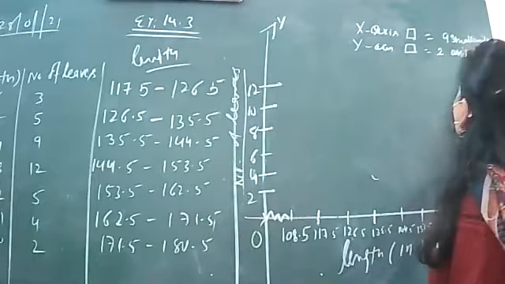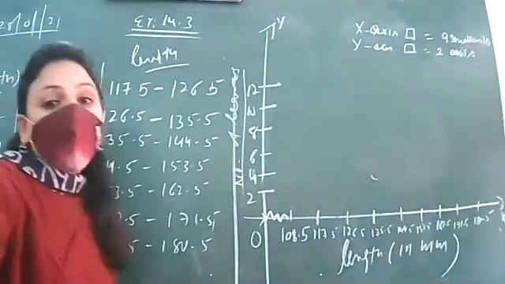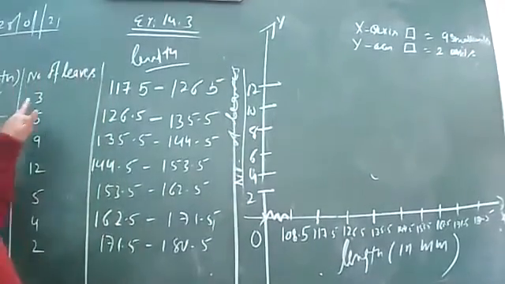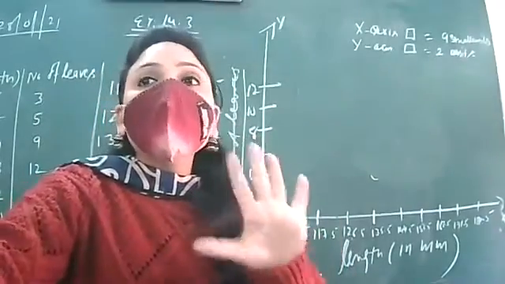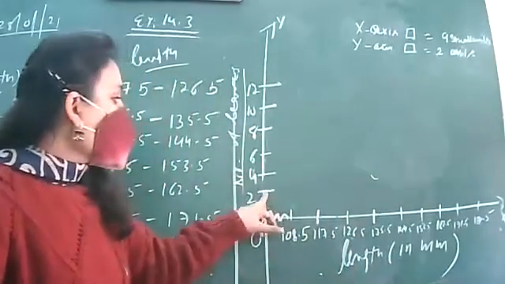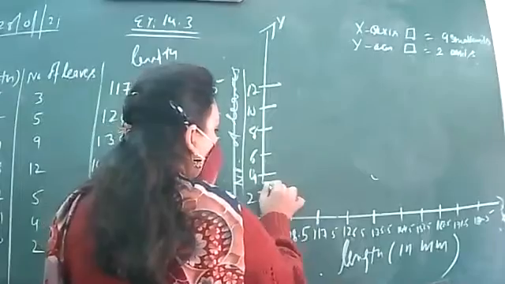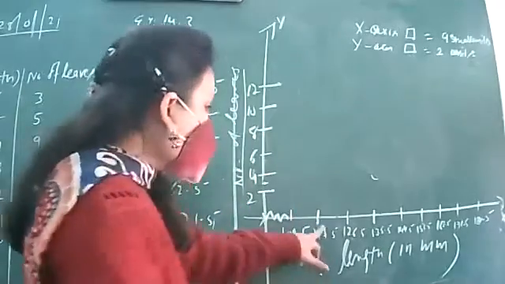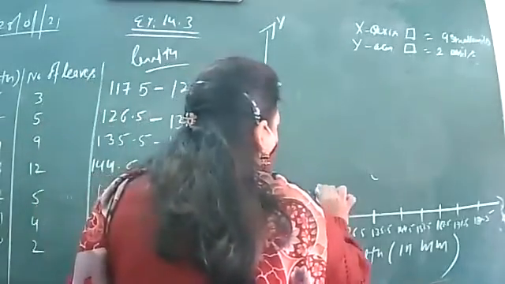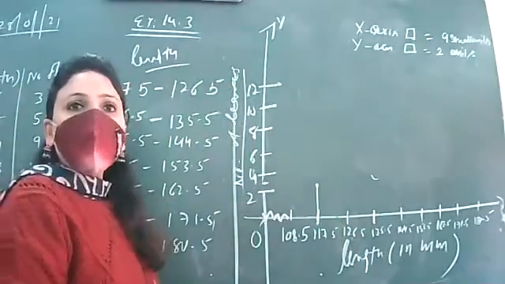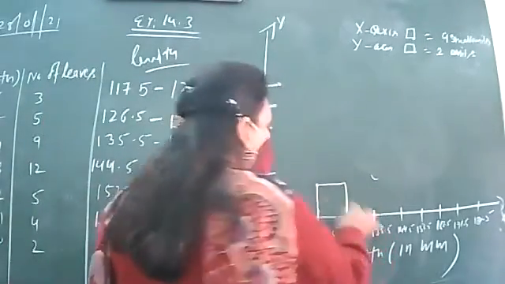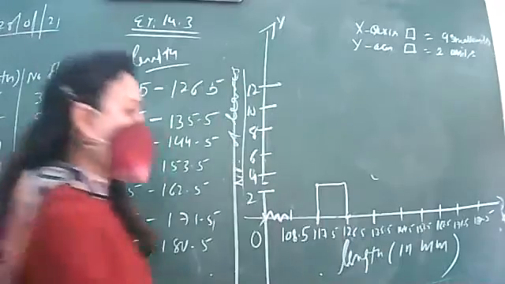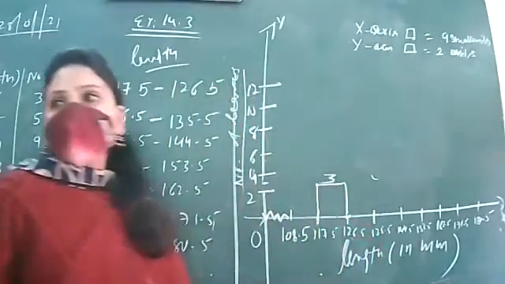First hour interval is 117.5 to 126.5 and it is associated with which number? 3. अब आपने अगर 2 का gap लिया है, इसका मतलब 5 lines count करने के बाद आपके पास 3 आएगा. After 2 you count the 5 lines, you get 3. यहाँ पे 3 है. Starting with 117.5, 3 के पास गए, आगे मैम खड़े थे, U-turn ले ली और 126.5 पे वापस आ गए. कितनी frequency है इसकी? 3.